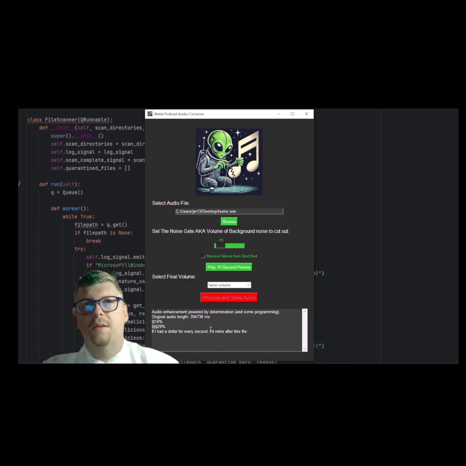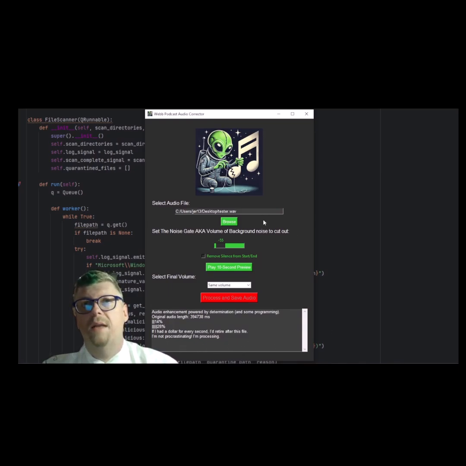Because this process down here is operating on a separate thread than the main GUI, and I was just genuinely struggling getting one to look at the other. And so it goes through and it's going to process the whole file. Once it's all processed, it's going to read out here at the bottom saying that it's at 100%, and you'll